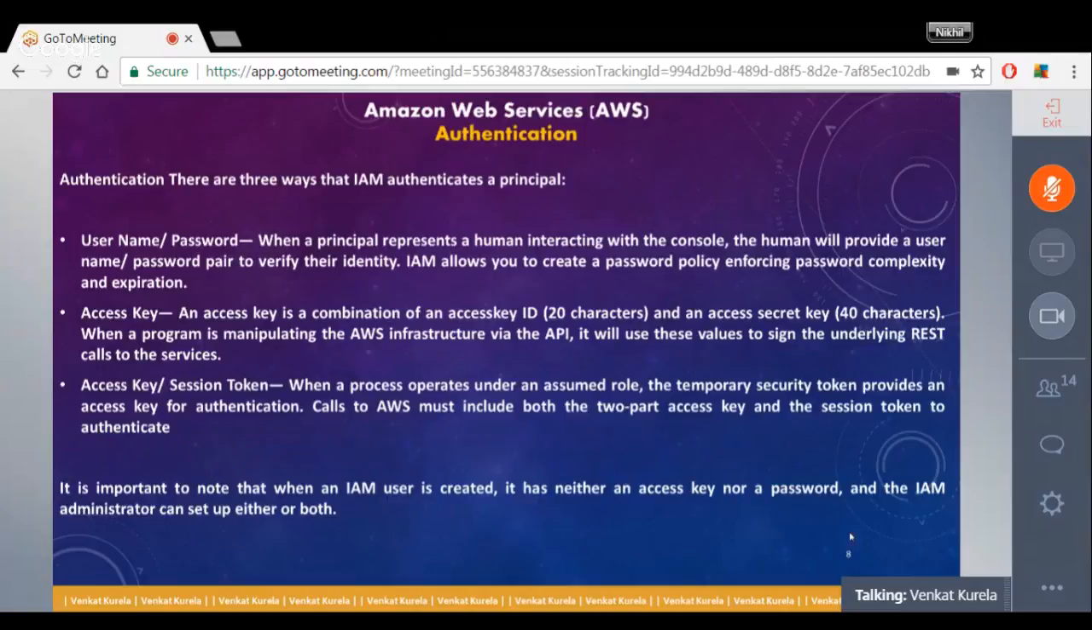Here I've got three different ways to authenticate yourself. The first one is username and password. Okay, so when you create a user, an IAM user in our IAM management console,